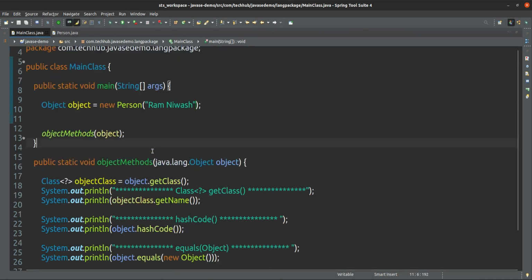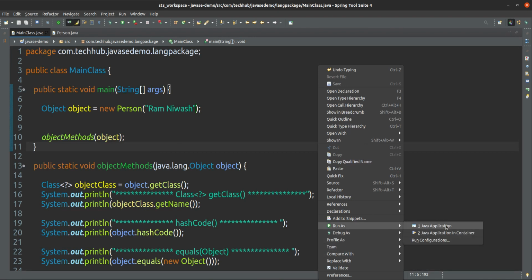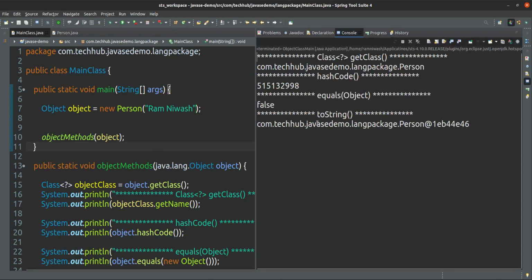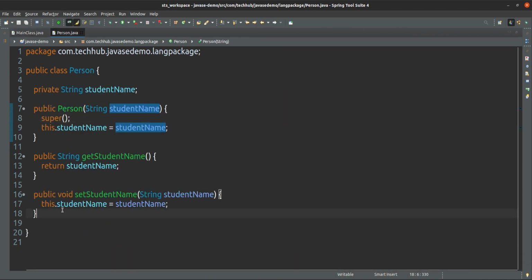What if I want to change something? I don't want to print in this way. This is the default implementation: the default implementation of hashCode, the default implementation of the equals method, and the default implementation of the toString method. But I don't want that, because I want to do something different. I want to print the name. What is the name of the student? I want to print that one. Then how can I do it? I can override that one.